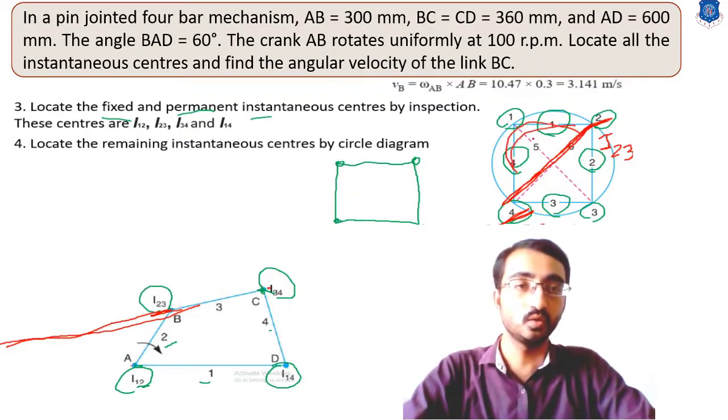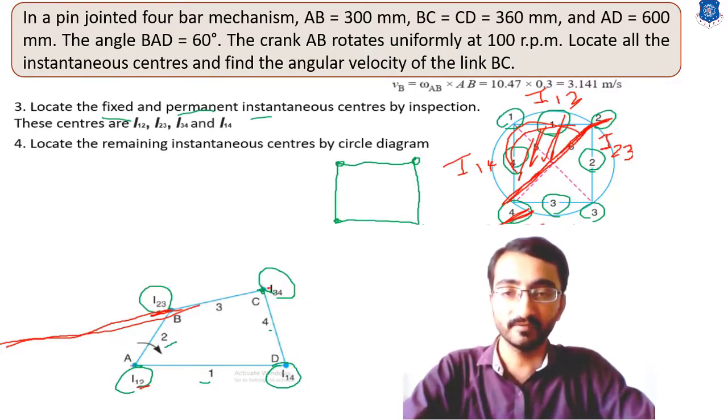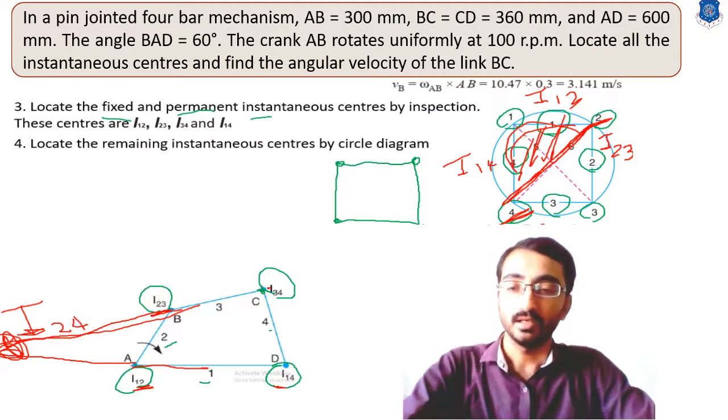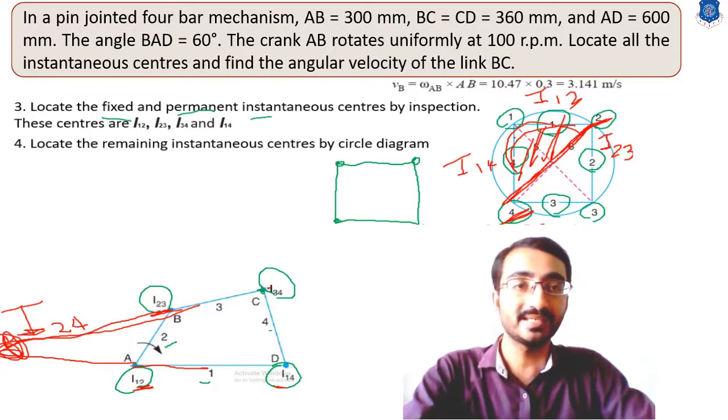Okay, now the second way to connect this 2 and 4 is the second triangle. So now in this second triangle we have to simply join I12 and I14. Okay, so let's connect I12, that is this bottom point, and I14 is the second fixed point. So if you extend this 1 2 and 1 4, this intersection will give us the instantaneous center that we want to find out, that is I24. Okay, similarly the remaining one, that is I13.